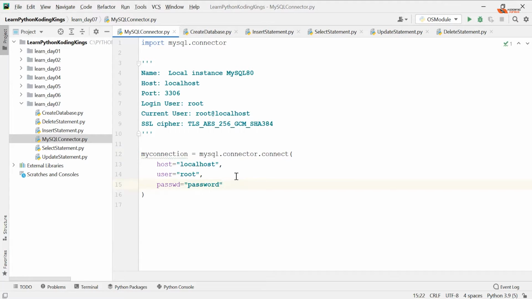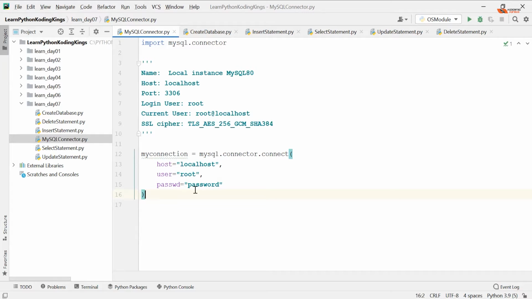Now you don't generally put the password here. There are other ways to put it. In the advanced course, you're going to learn how to encrypt this password and pass it along, and in the Django framework, how you really pass all those important parameters. So now we are ready to create a connection to MySQL. As I told you, there is only one object which you have to remember, and that object is called cursor.